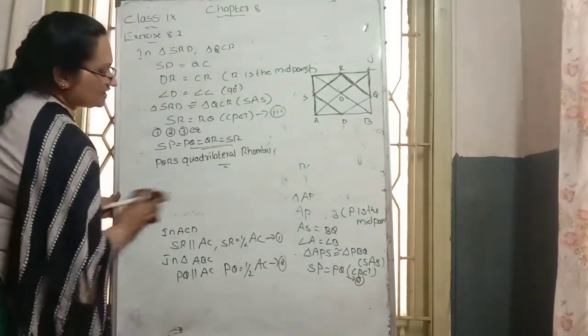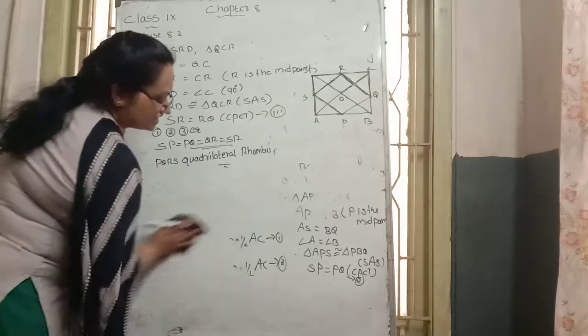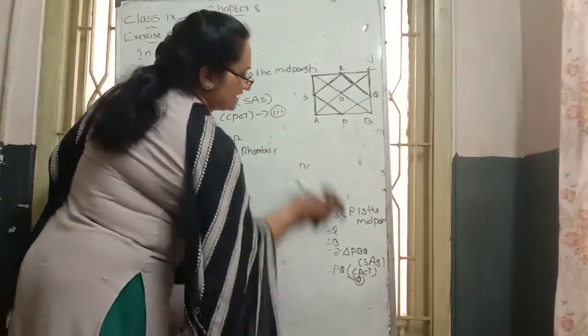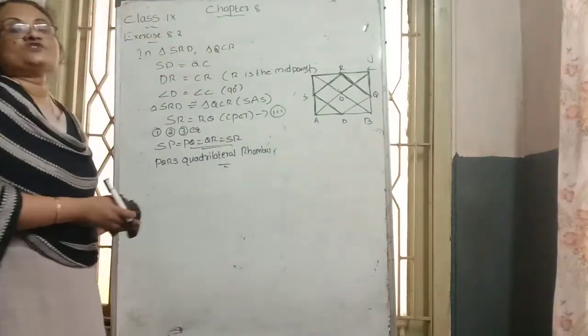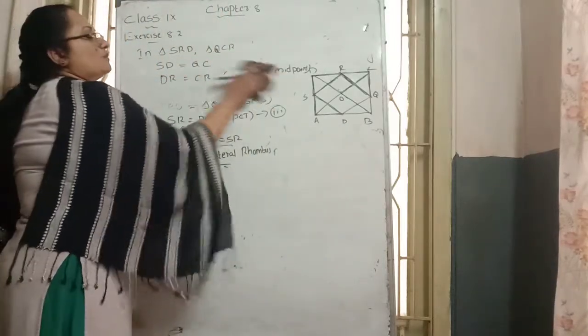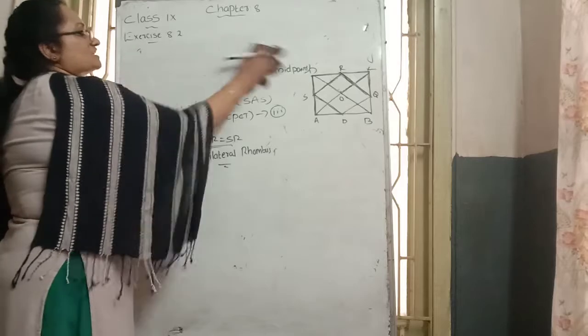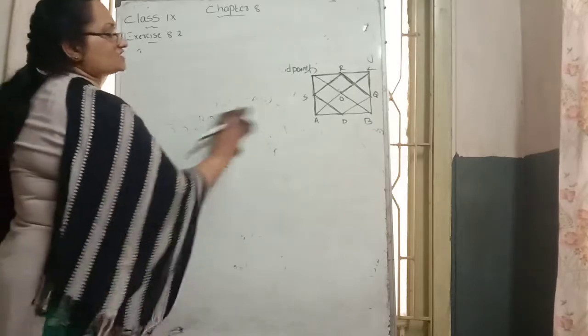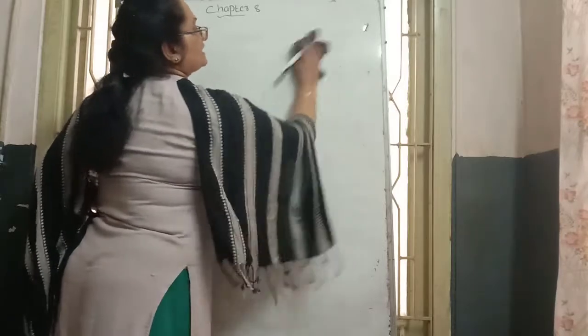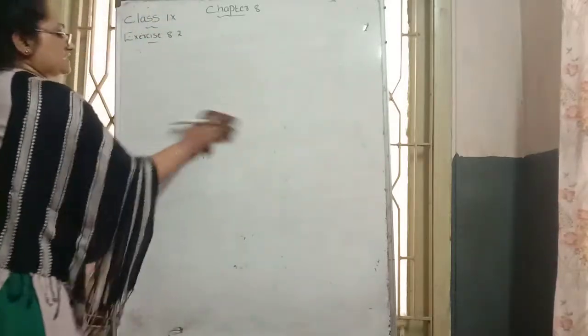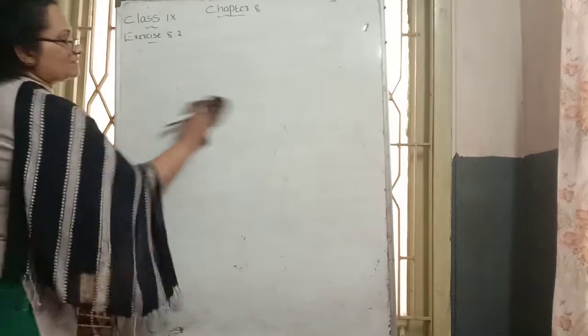How to solve it: here they have given a rectangle shape, and inside the diagram we want to prove that it is a rhombus shape. The specialty of a rhombus is that all sides are equal. Hence we prove that the inside diagram becomes a rhombus, all sides become equal.